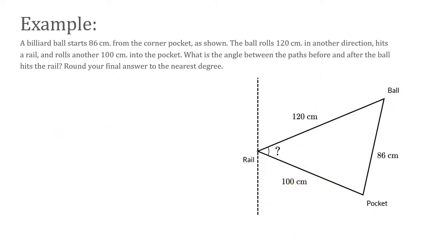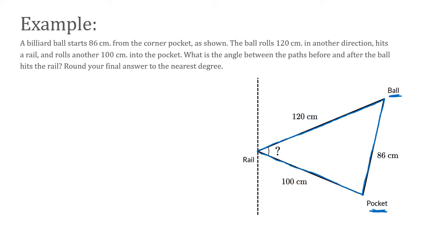Let's try another one. A billiard ball starts 86 centimeters from the corner pocket as shown. All right, let's just make sure we see that. So 86, here's the ball, and the corner pocket is right down here, and they are 86 centimeters apart. The ball rolls 120 centimeters in one direction. It hits the rail. Okay, so we hit the ball, it goes 120 centimeters, hits the rail, bounces off, goes